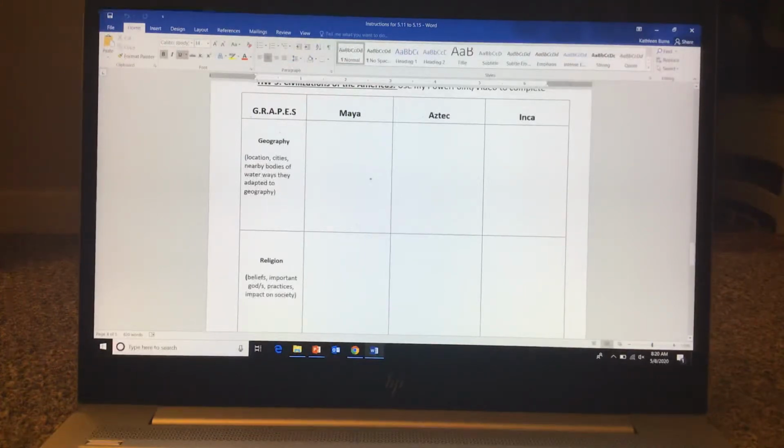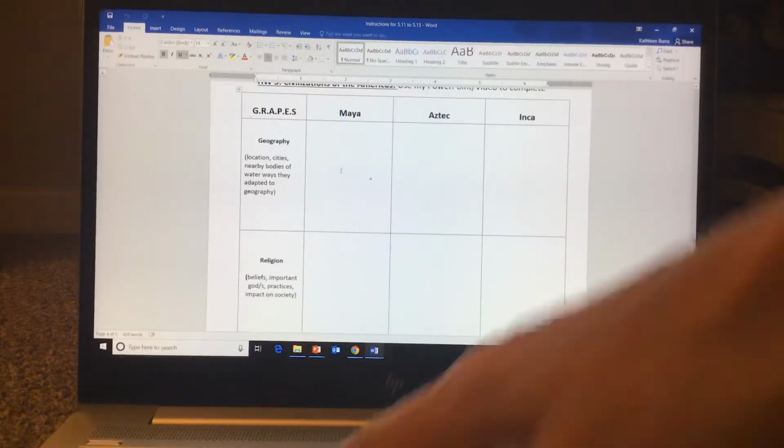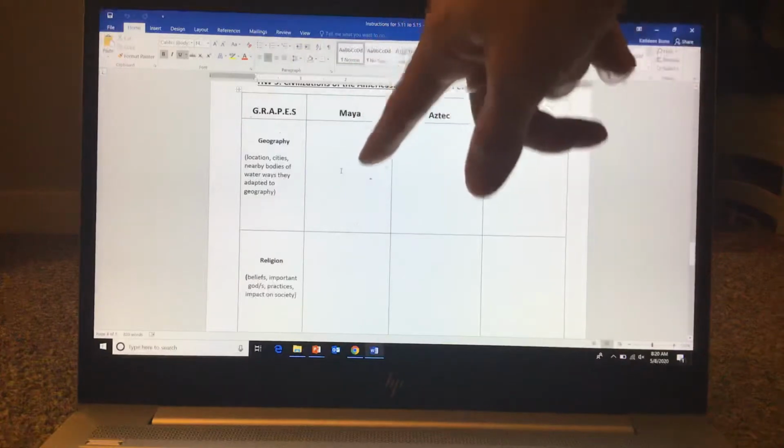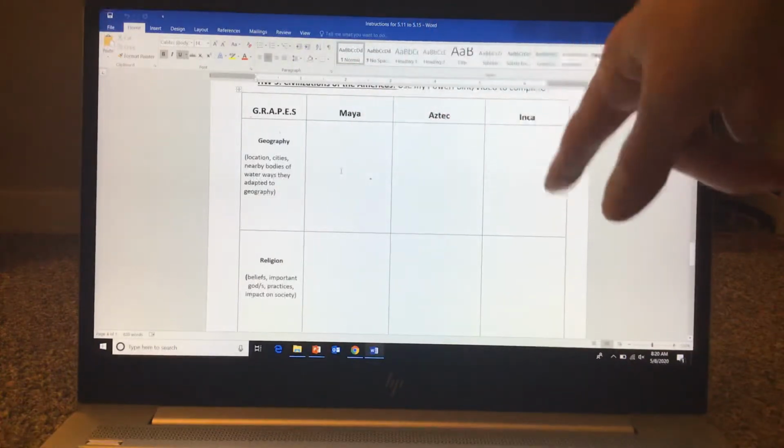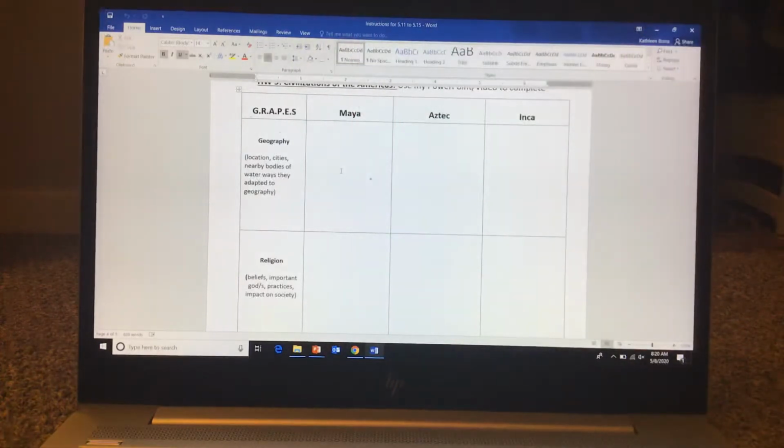I think it's pretty straightforward because although we are talking about actually 4 civilizations, there's only 3 you have to record, and they have a lot of similarities with one another with just some slight little differences. So we'll start talking about that. But basically all you're doing is using my PowerPoint. You'll bullet point out maybe 2 or 3 pieces of information for each box, using the acronym we've used earlier